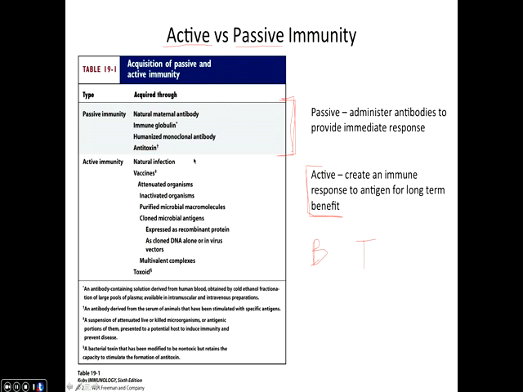Now, to create these active immune responses, there are really different ways you can do it. You can have natural infections. For example, if you were a kid and one of your friends got chickenpox, I remember my mom sent me down to my friend's house, and I had to hang out and play until I got the chickenpox.